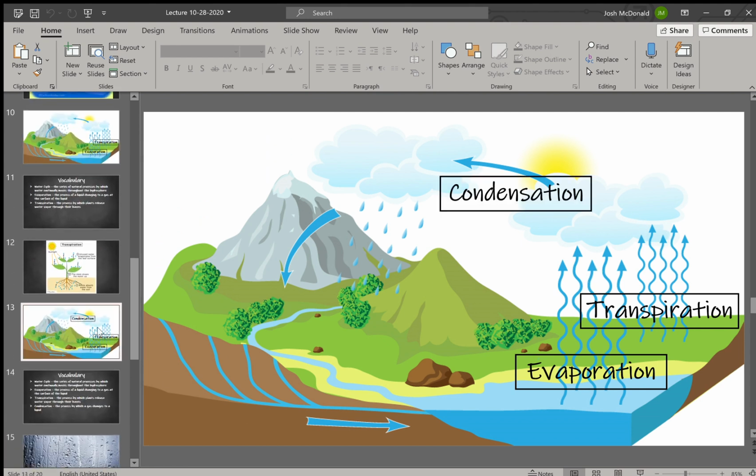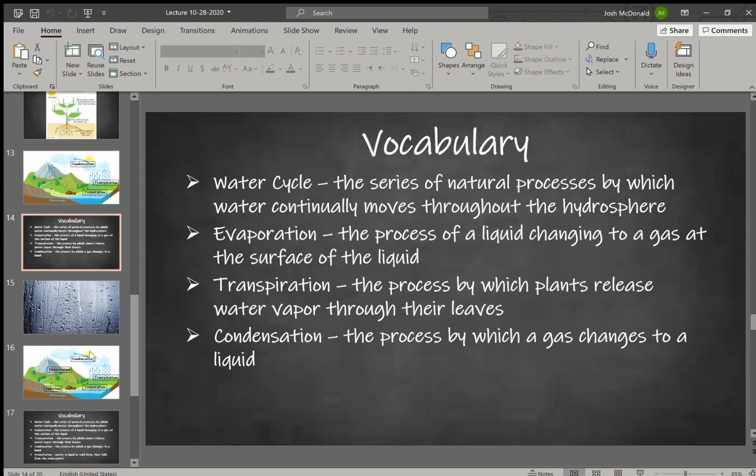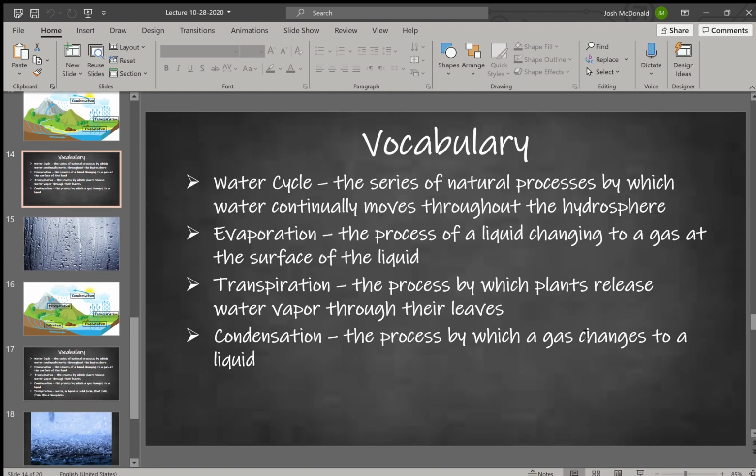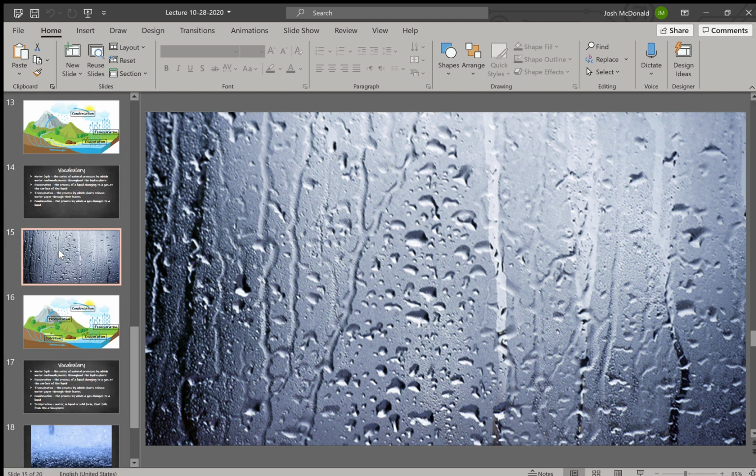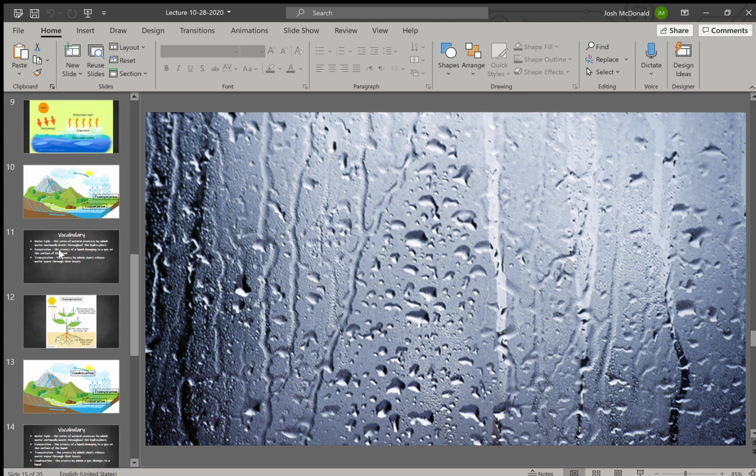Now, the next part is condensation. So once that water goes into the air, we see condensation. And condensation is the process by which a gas changes to a liquid. So you've seen when you take a glass of water, or something cool, and you see water droplets start to form on the outside. That is condensation. So what's happening in condensation is you have that water vapor in the air,